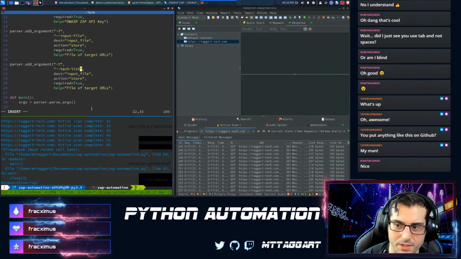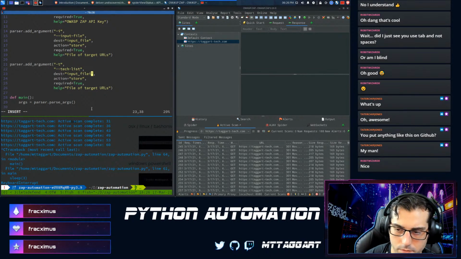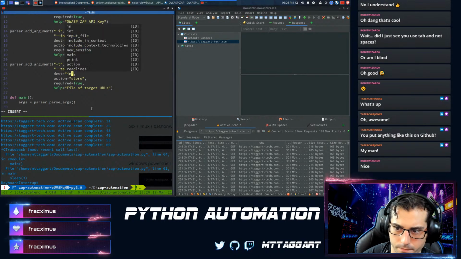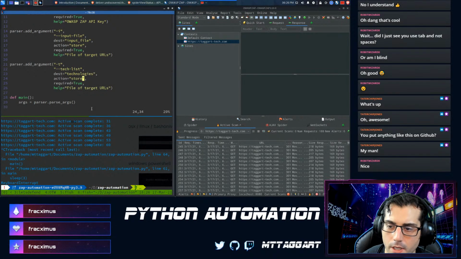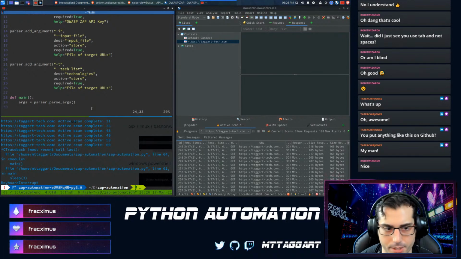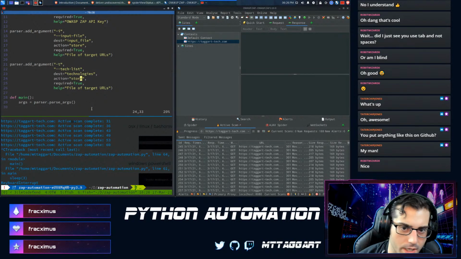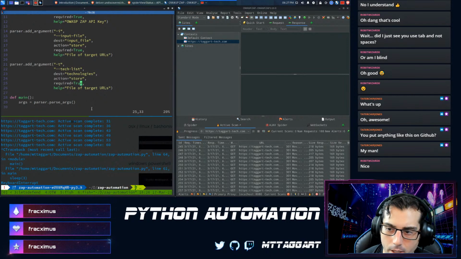Or maybe tech list is a better way of saying it. I feel like the easiest way to do it is just to ask for a comma-separated string and then deal with it, because then I don't have to parse it into a list or anything. So we'll just do that. It's not required.